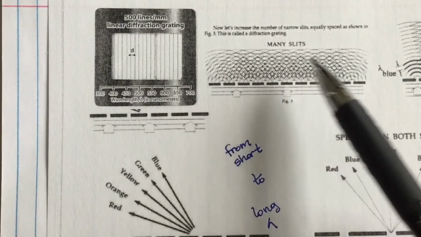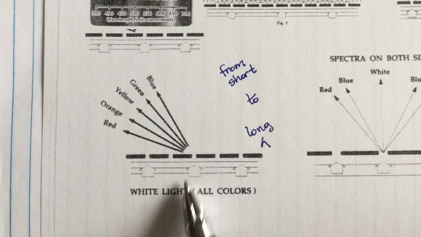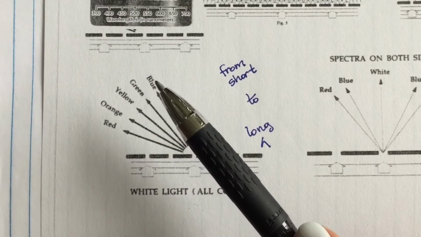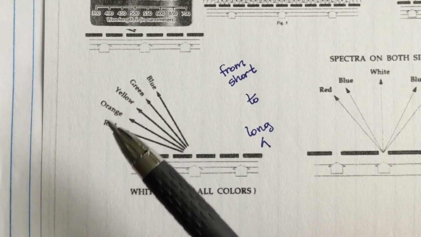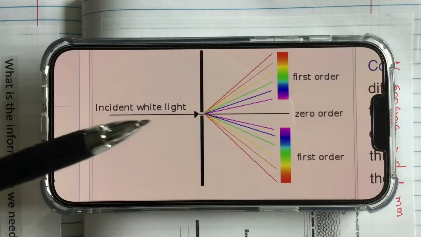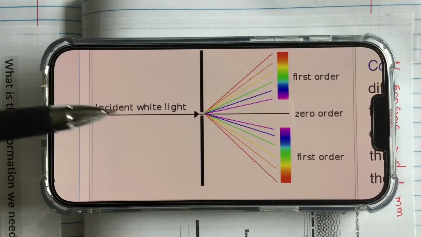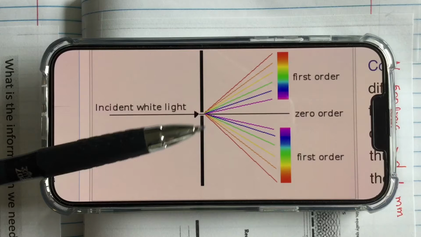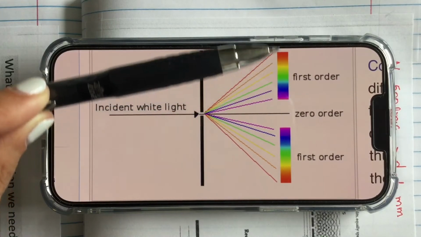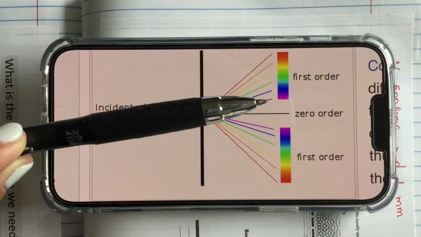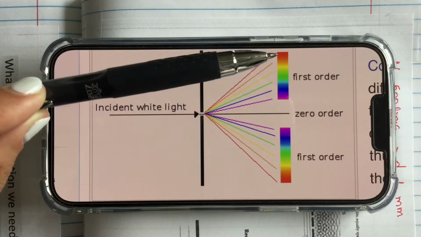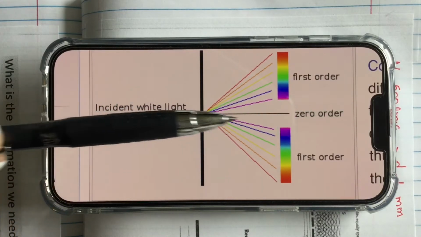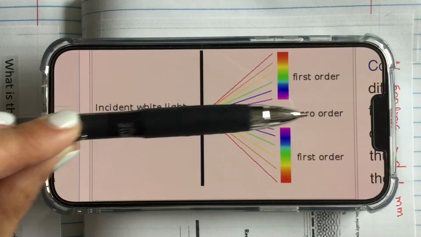after diffraction. If it's a white light passing through this slit, we should see the colors going from blue, green, yellow, orange, and red. Here is a colorful diagram to indicate that when the white light passes through a diffraction grating, it is going to show the pattern of colors with the same sequence from violet to red. At the bottom from violet to red, and here in the center we will not observe any color, and here